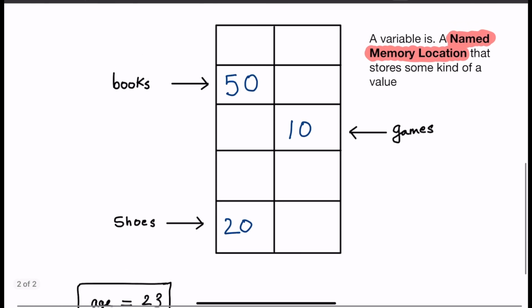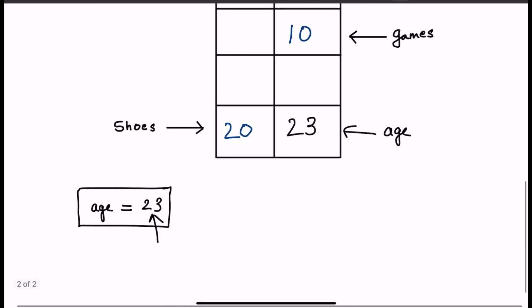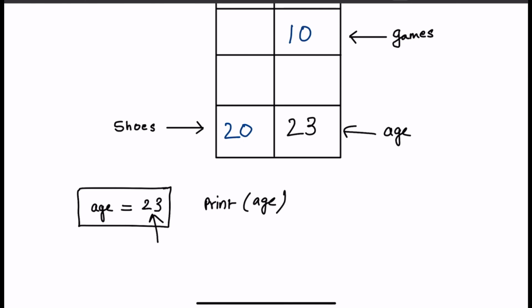So if we put this in our wardrobe or our computer's memory right here, it could be stored somewhere here. So I've got a variable called age, and this compartment stores the value 23. So if I simply type the code print age, what the computer is going to do is it's going to